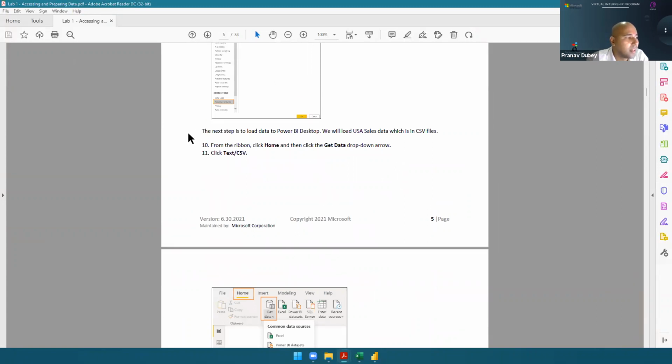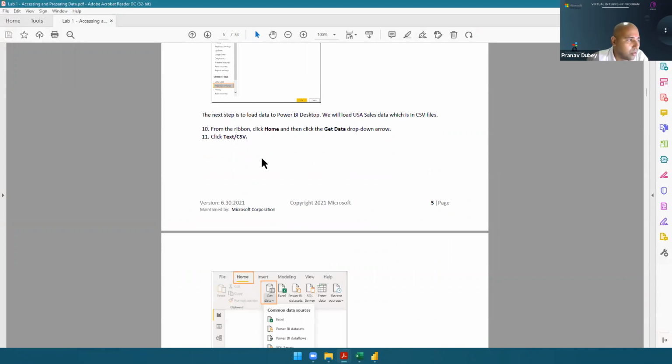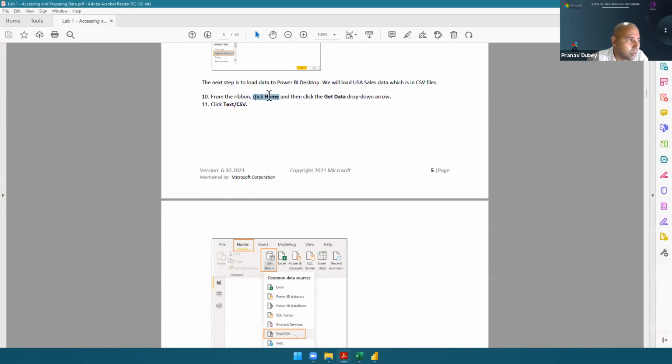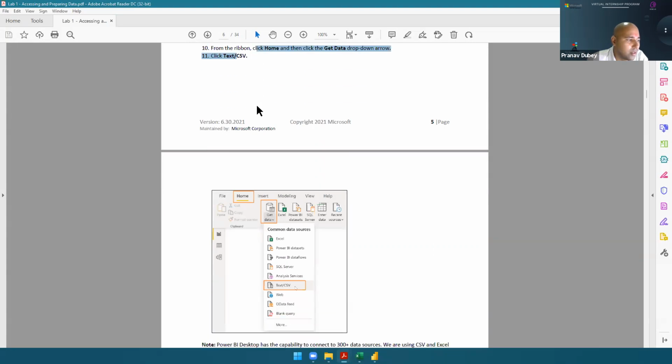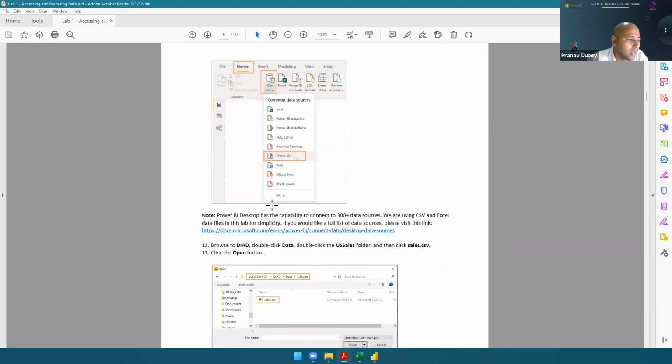Okay, and then the next step is to load data into Power BI Desktop. So we will load our data. Again, it's suggesting you go to Home, then Get Data, and then click on Text/CSV, and then select US Sales.